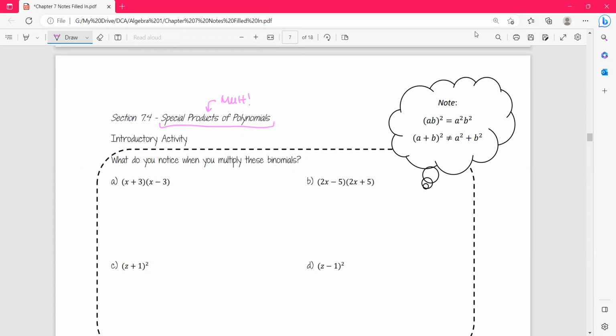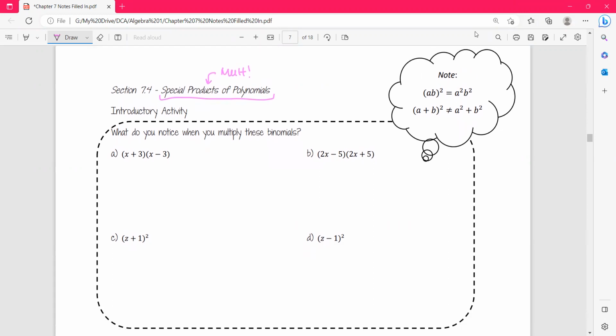So this first little box here is just an introductory activity. We know how to do A and B. Take a moment, pause this video, do A and B, multiply those together just like we learned in 7.3. So now after you've done A and B, I'm just going to do a little refresher here, and you